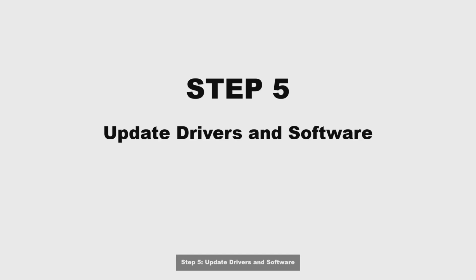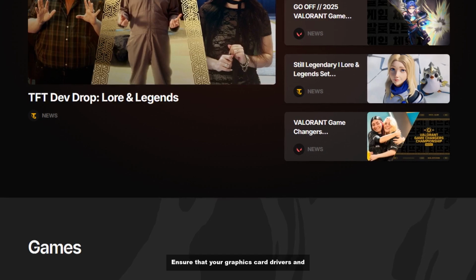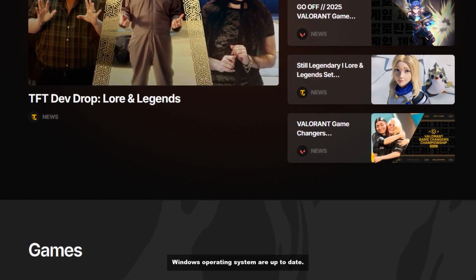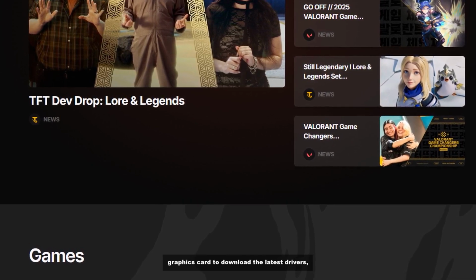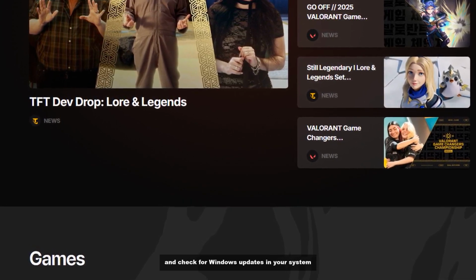Step 5. Update drivers and software. Ensure that your graphics card drivers and Windows operating system are up to date. Visit the manufacturer's website for your graphics card to download the latest drivers and check for Windows updates in your